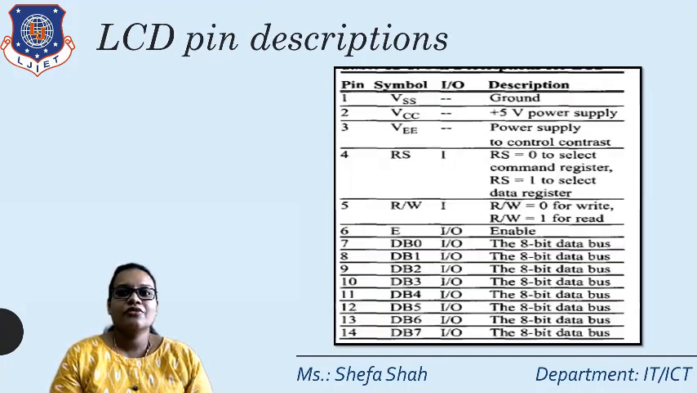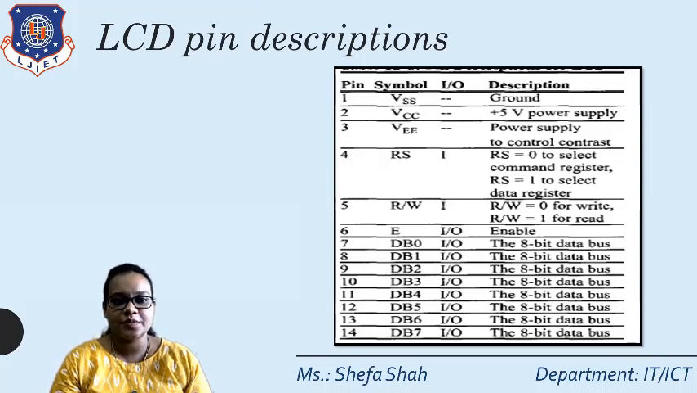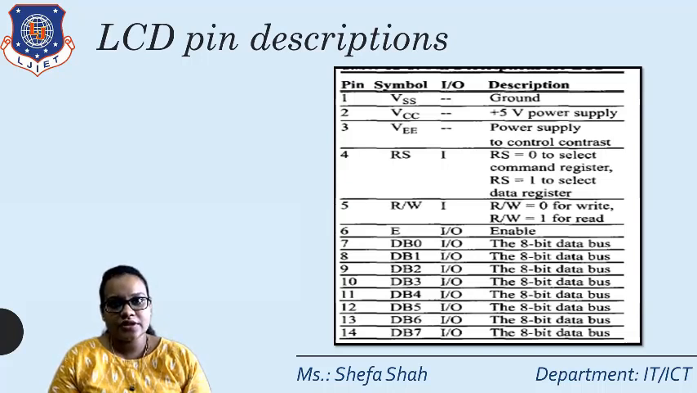Now, the LCD which we are going to connect with ATmega32 has these pin descriptions. As you can see in the following table, the LCD consists of 14 pins. The first pin is VSS, which is connected to the ground. The second pin is connected to VCC, which has the plus 5-volt power supply to switch on the LCD screen. Then third, that is VEE,